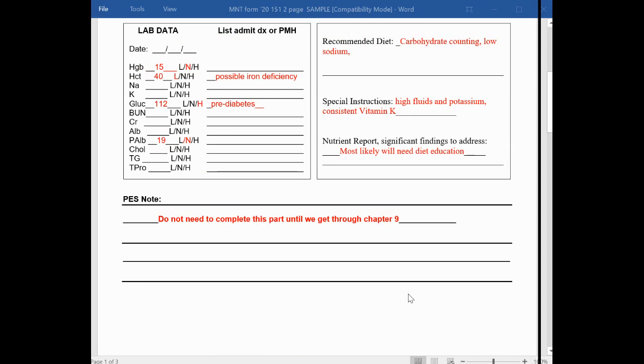At the bottom of page 1, it asks you to write a note. You don't need to complete this part until we've gotten through the medical charting and chapter